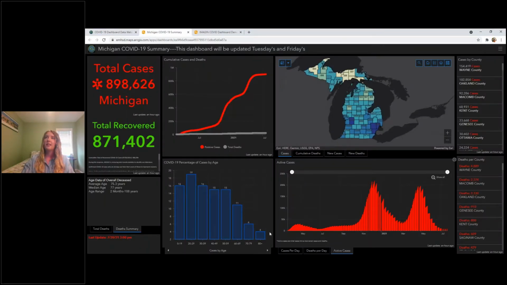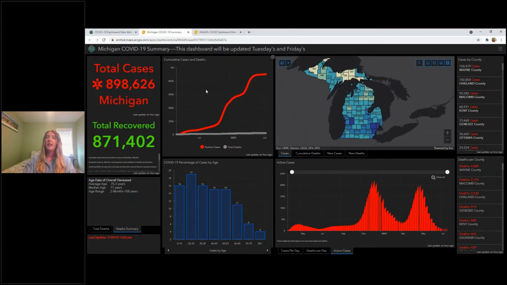Moving over to the dashboard, this was last updated on Tuesday with MDHHS's update for Tuesday. When you open it, you'll see the total cases count indicator widget here on the left. Then we have the total recovered with some text supplied from MDHHS explaining how they determine recovered cases. Then we have our widget for the total deaths. And then I added a rich text widget here that just shows the death summary for the average age, median age, and then the age range. Then at the bottom, we have our last update text, which, like I said, was Tuesday at 3 p.m.